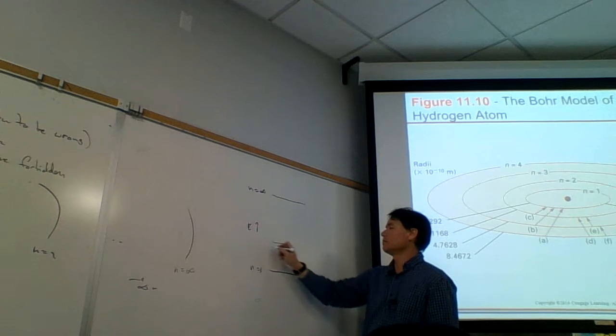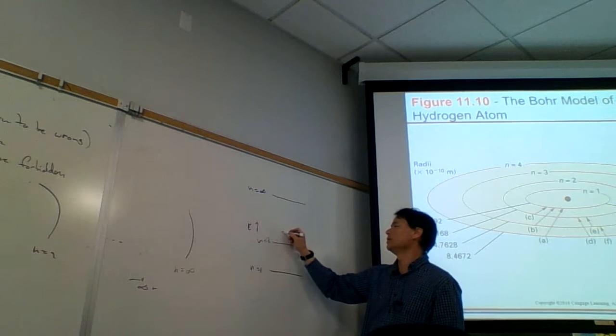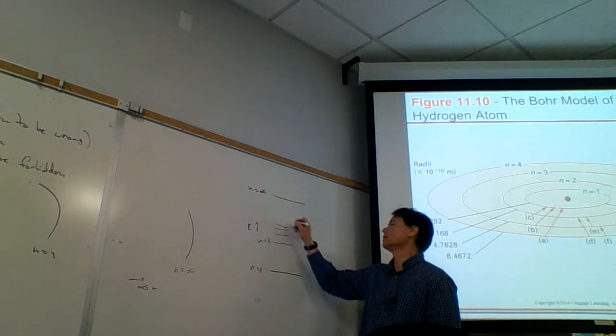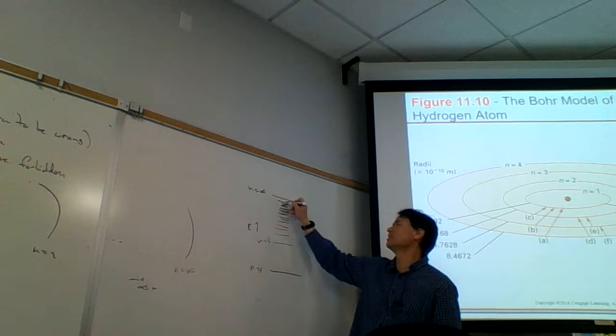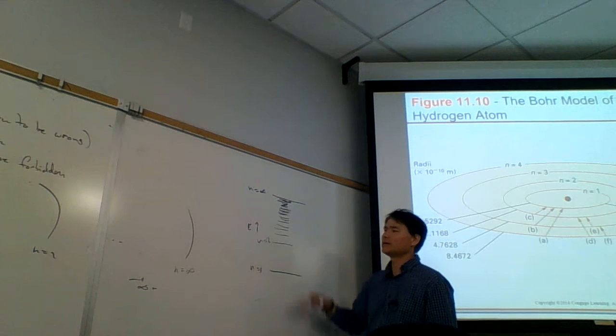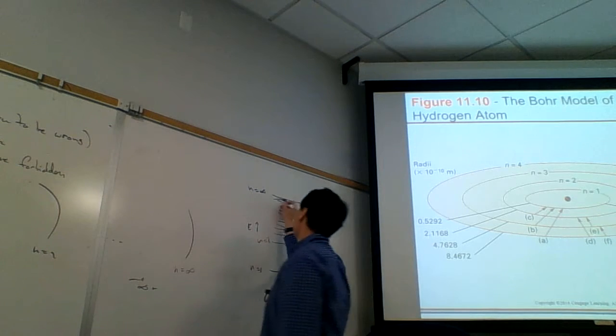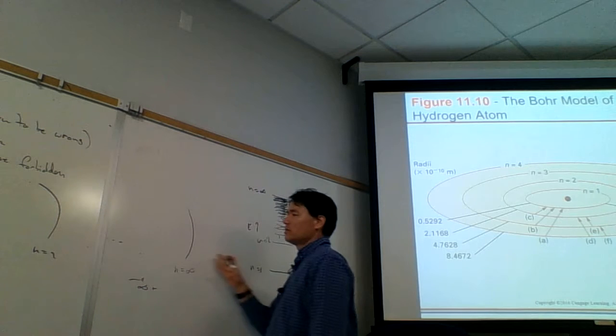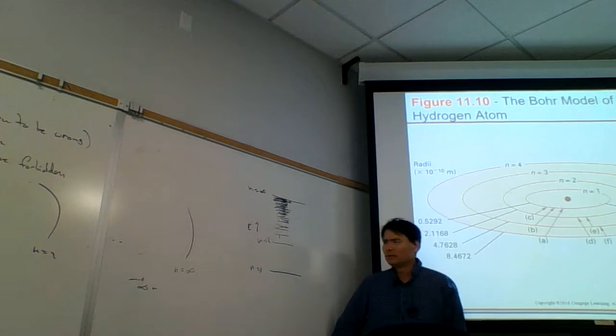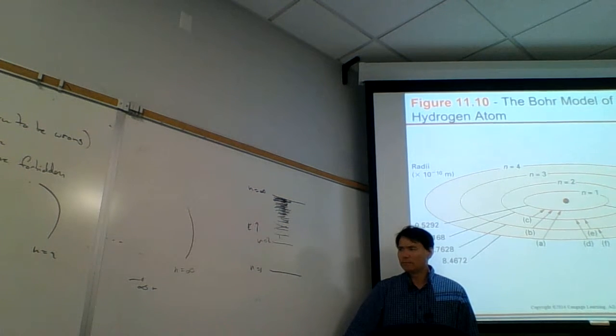So there's a big jump from n equals 1 to n equals 2, and then the jumps get smaller as we get to higher and higher numbers. And so I have to fit an infinite number of lines between the first one and this one here in a finite amount of space. So the orbital energies get crunched up, the orbits themselves spread out, but you know, the picture is fundamentally wrong,